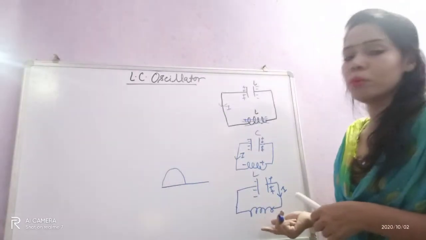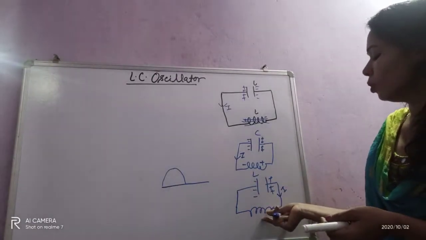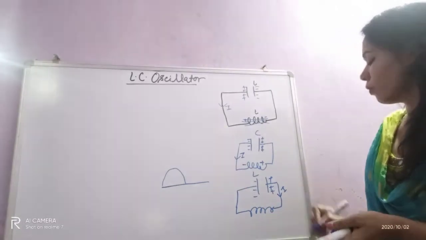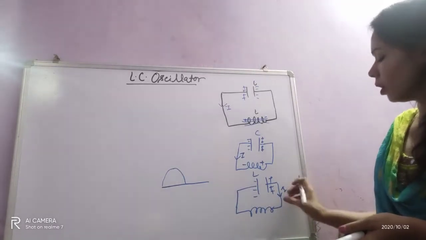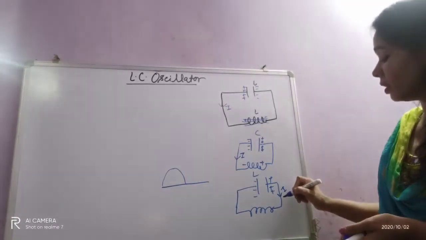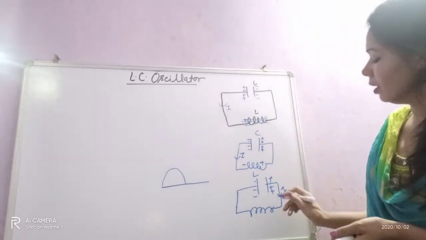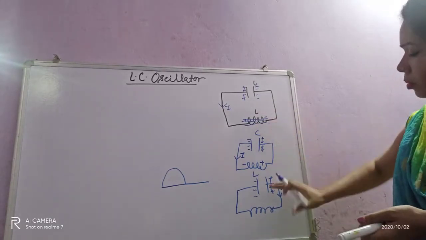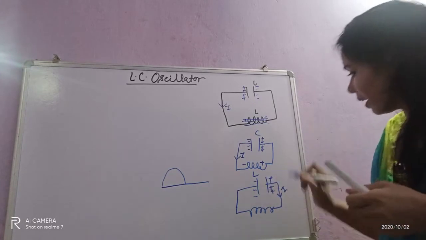Again this inductor will convert the electrical energy into magnetic energy and will oppose the flow of current. When the capacitor is going to discharge, the inductor opposes. Since the current is increasing, it is opposing the increasing current. Finally, when the current is dying, the inductor will again support. The same phenomenon will repeat.